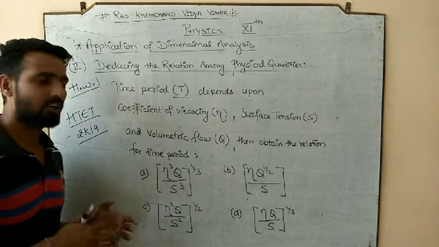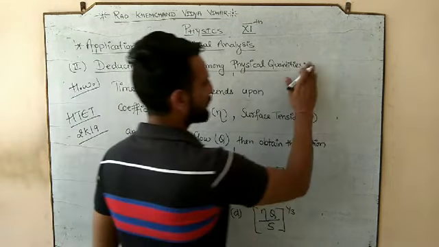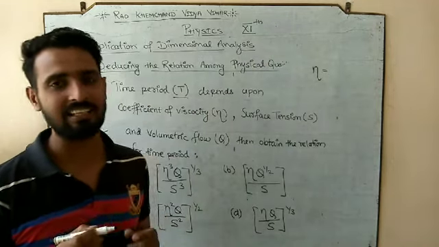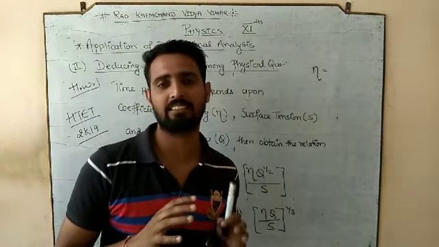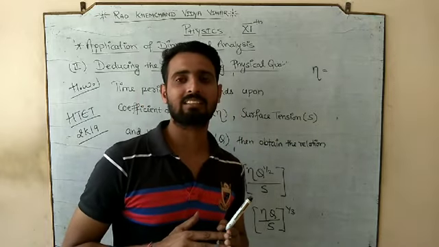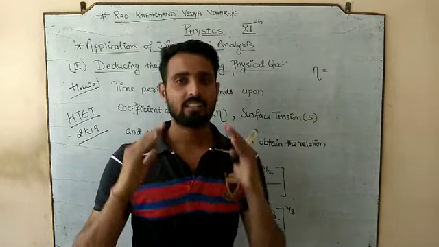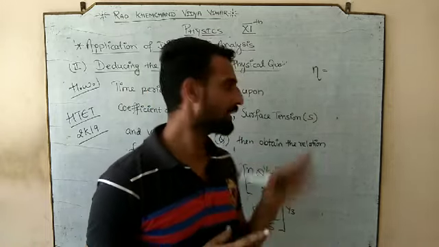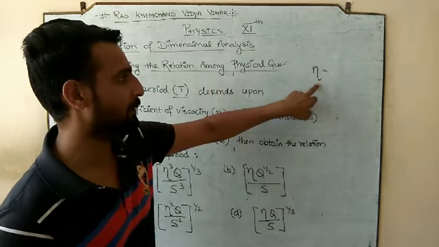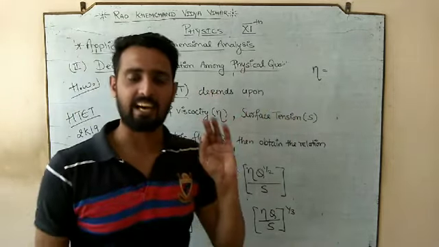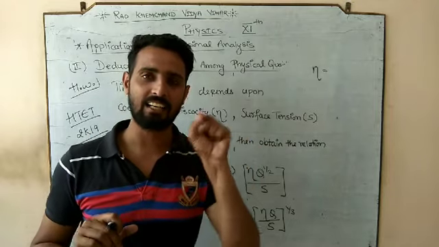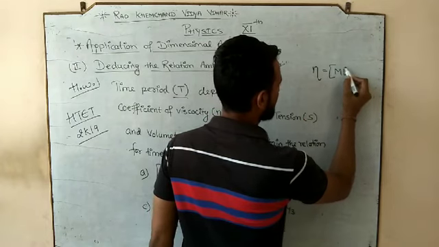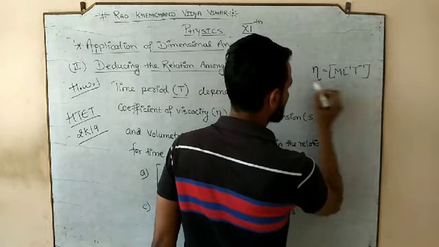And the dimension of this quantity we haven't studied, but I am mentioning it here. Why am I mentioning it? Because I am helping out. We haven't studied the class 11th completely, but once class 11th is studied by you completely, at the end you will get to know the meaning of coefficient of viscosity. Its symbol is eta, pronounced eta, and its dimension is ML^-1 T^-1.